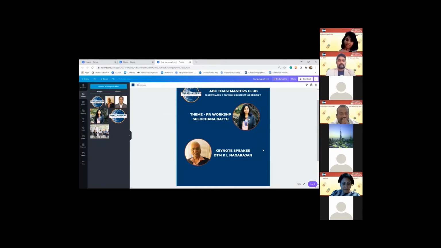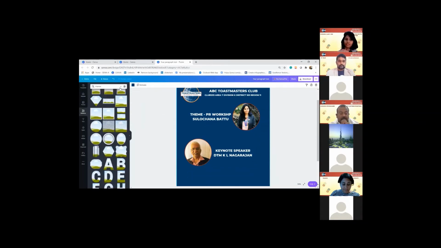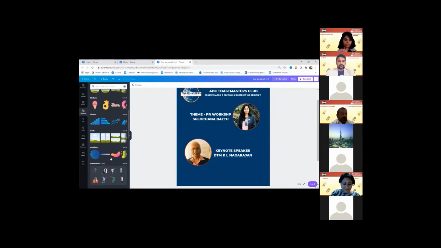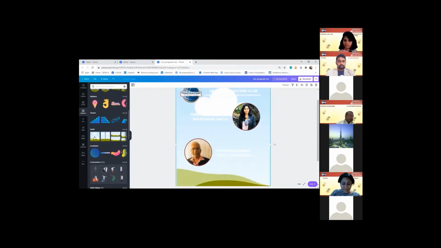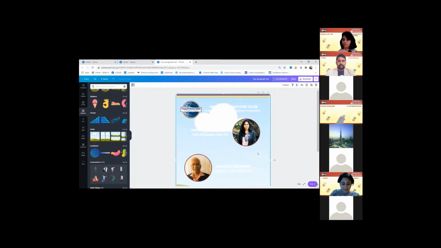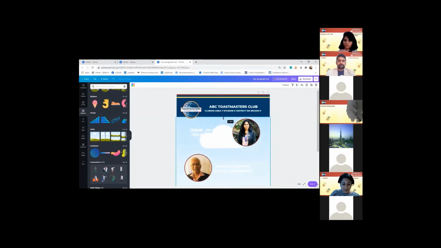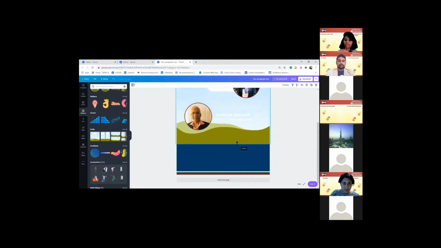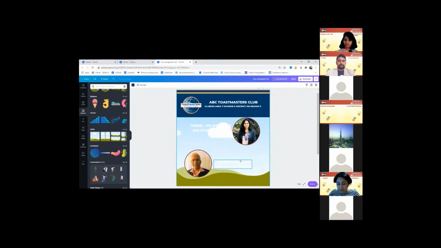So we have another nice feature, which is in elements. Try to use elements as much as possible because it's a very nice feature and you can make your posters look really nice even in the free version. So I'm going to use one of the features, not this one. I'm going to use the grids feature. When I click on grids, it covers my entire poster, but I don't want the entire poster. I just want it right here. So I'm going to bring it down a little more. And I don't want it at the bottom because I'm going to put the contact details, the Zoom details and all of this there. Okay, so I've done this.